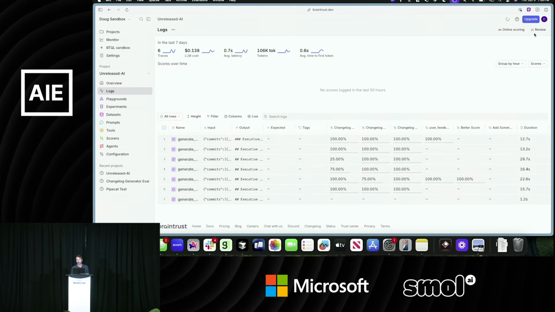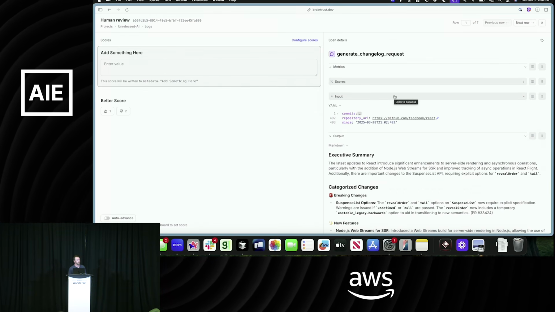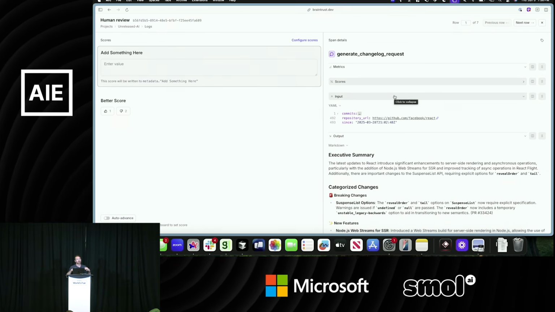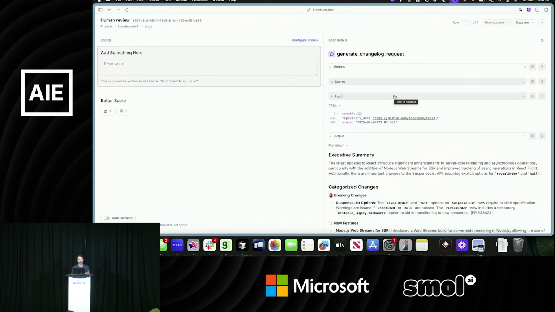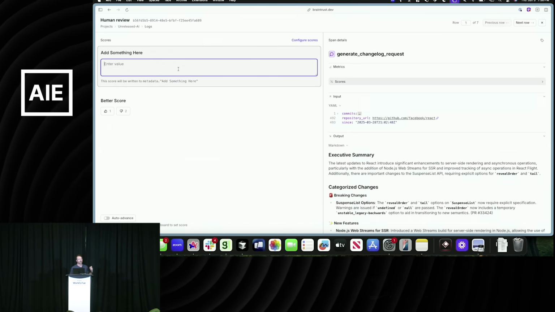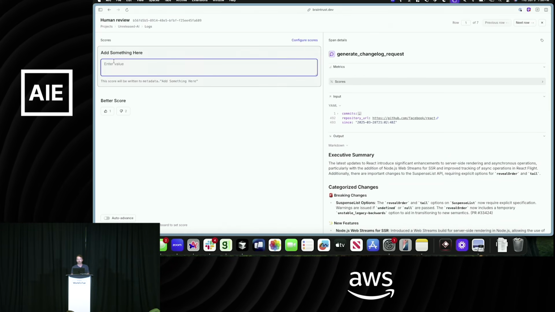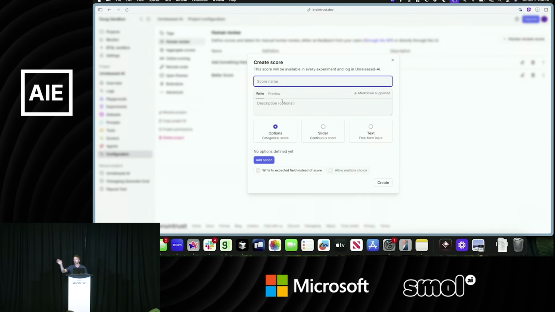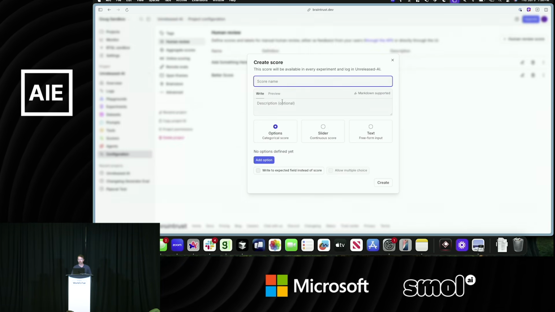The other thing I'll highlight here is our human review component. You click that button, or you can hit just R, and it opens up a different pane of your log. It's a pared down version of what you just saw. It's a little bit easier for a human to go through and look at that input and that output. But you, as a user of Braintrust, can configure the human review scores that you would like to use. So I have this add something here. Maybe this is a little bit more free text. I have a better score. Again, these are the things you can add to your platform that map to the scores that you want your humans to add to those logs.